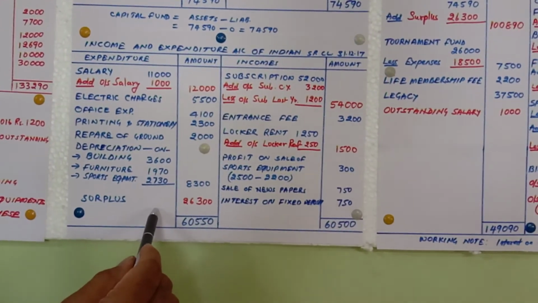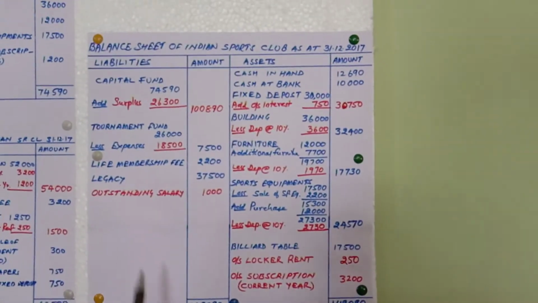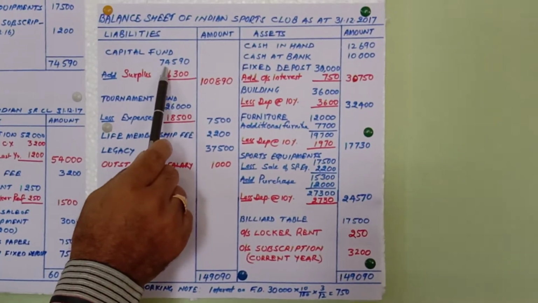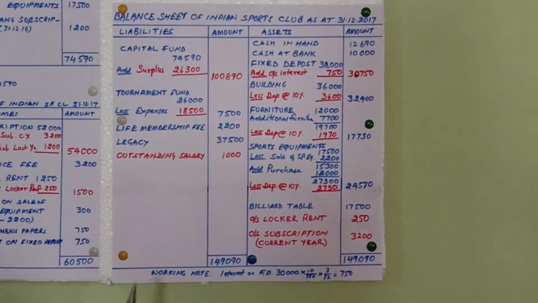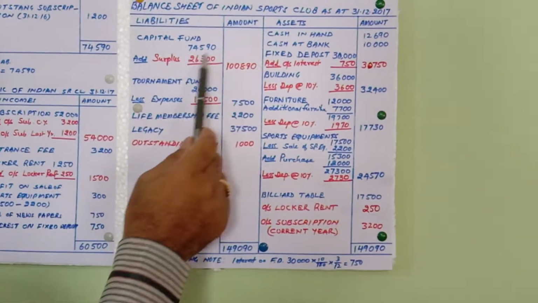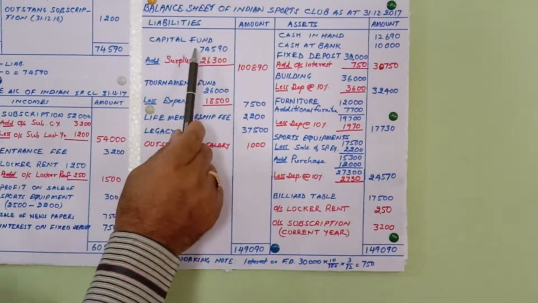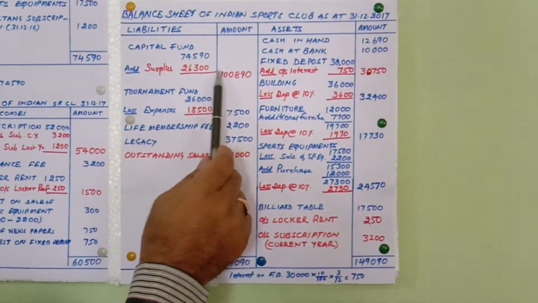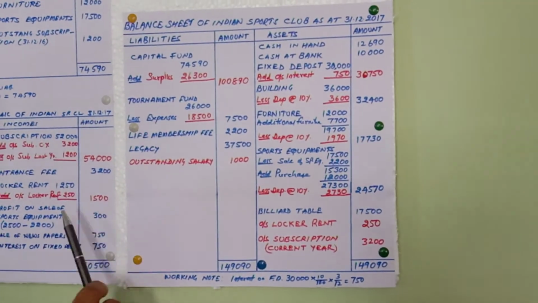Then this surplus will be shifted to the new balance sheet or closing balance sheet. Now you can see the capital fund I am getting from the previous balance sheet. So in the beginning of this year our capital fund was 74,590. Now the surplus we got is 26,300. You can write this separately or you can add. This is up to your choice. There is no hard and fast rule for that. You can write this capital fund in the outer column, again you write surplus in the outer column. Here I added both. Then the tuna fund I explained.